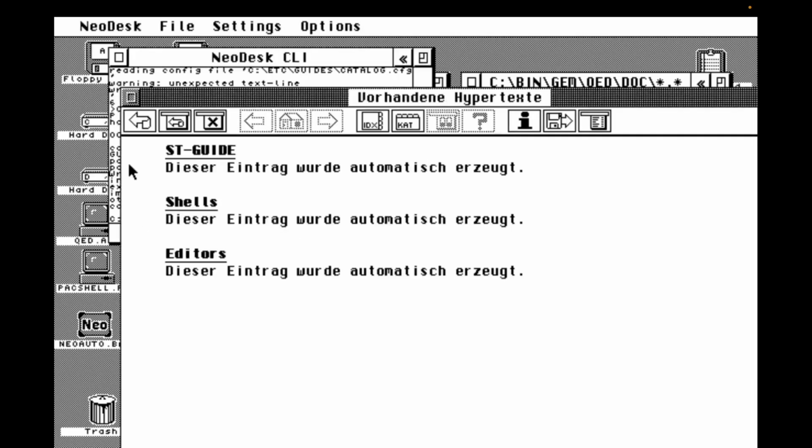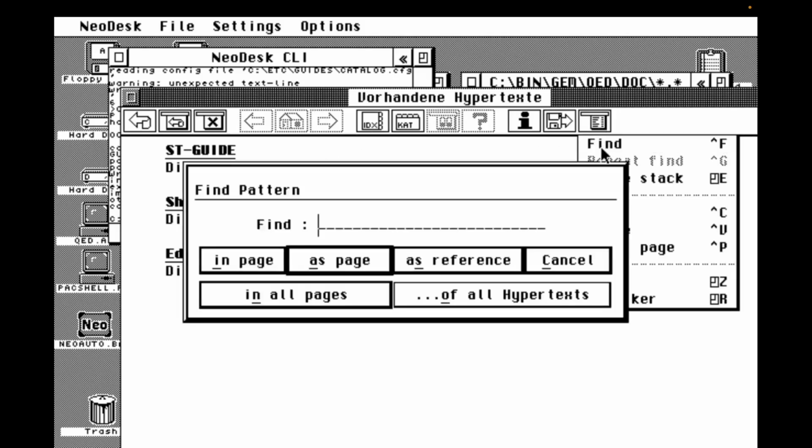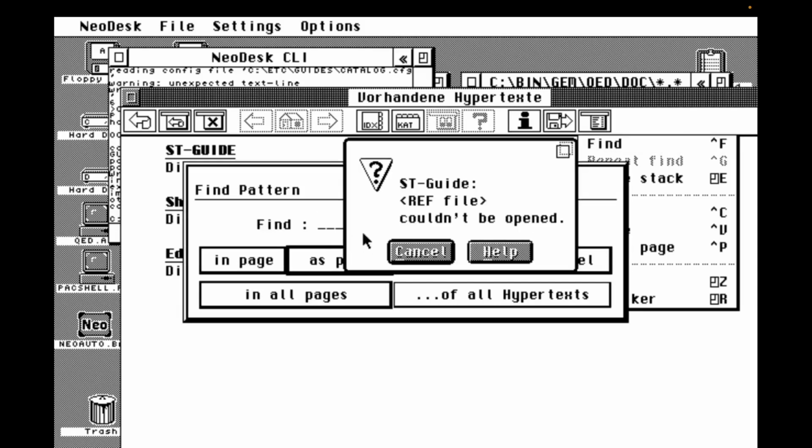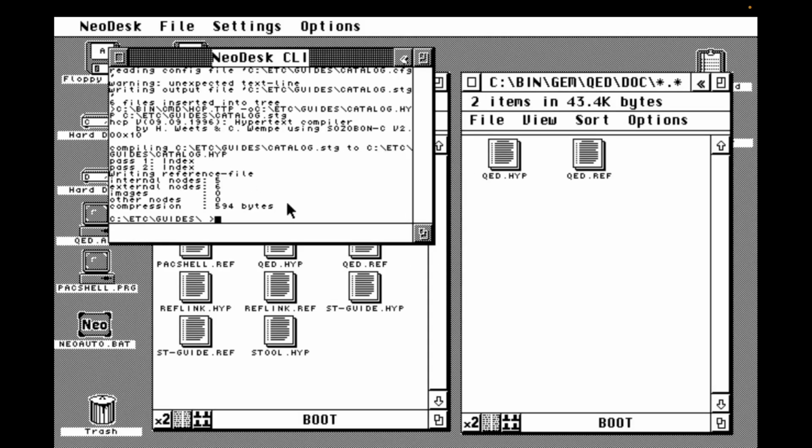So what have we got left to do here today? We've got our categorization, got our index. If we just quickly look at find, I'm going to say as a reference, because I can't do that. That's what we've got to do. We have no all.ref file. So let's create that. We're going to say reflink